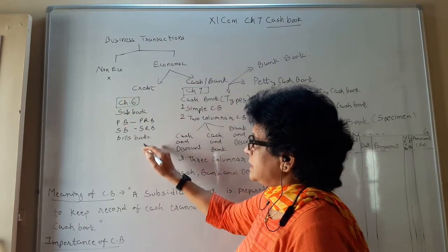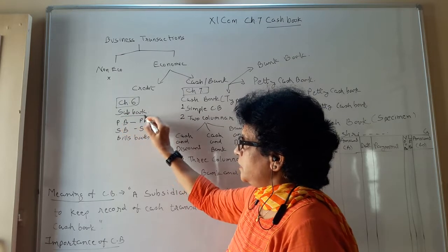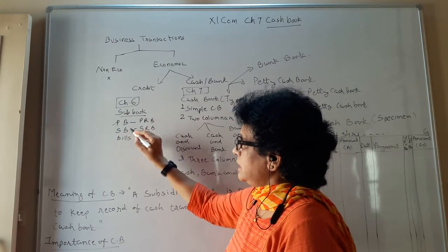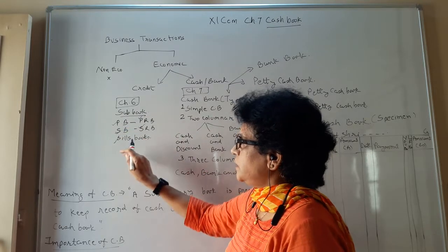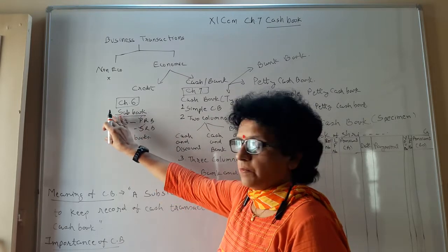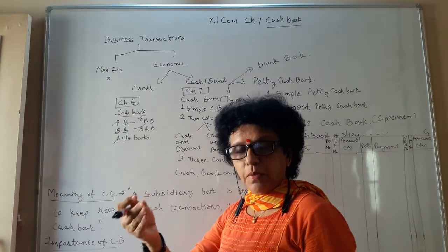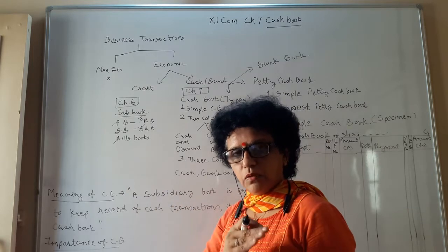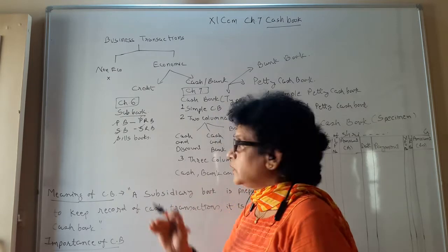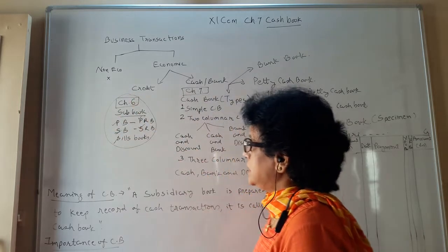Regarding the credit transaction, we have learned in chapter 6 all the subsidiary books. Purchase book we have learned, purchase return, sales book, sales return, all the bills books. Along with that, in purchase and sales, we have learned the columnar also, the simple and columnar. In columnar, two types, that is goods wise and expense wise. So all that we have already completed in our chapter 6.